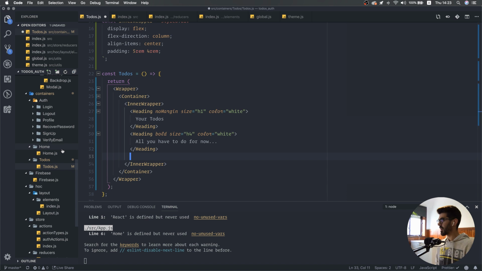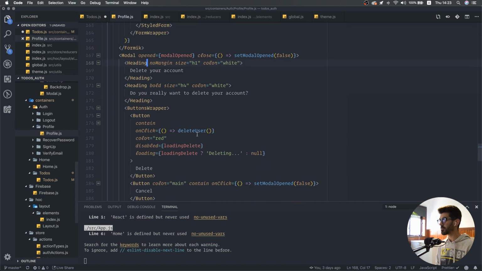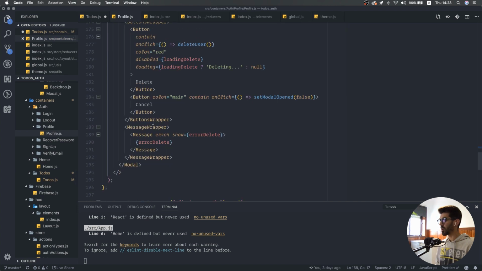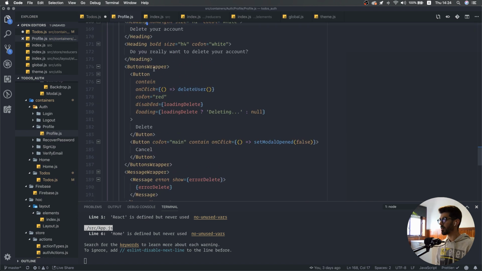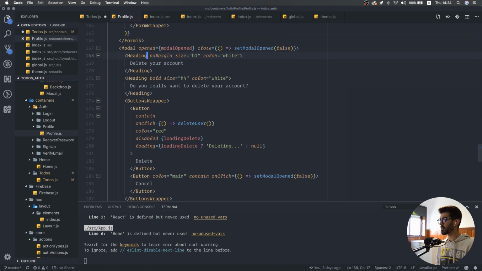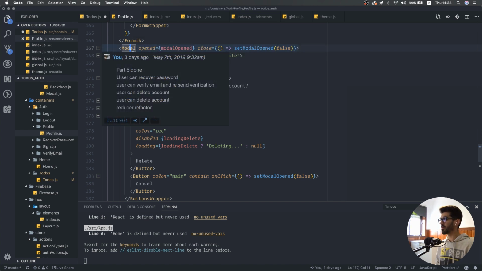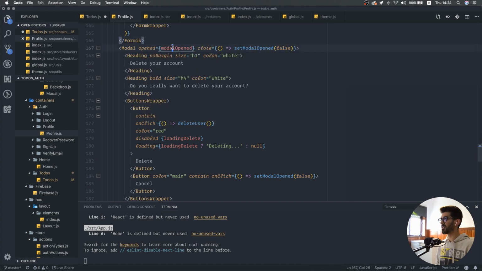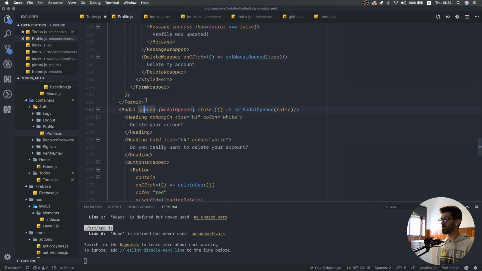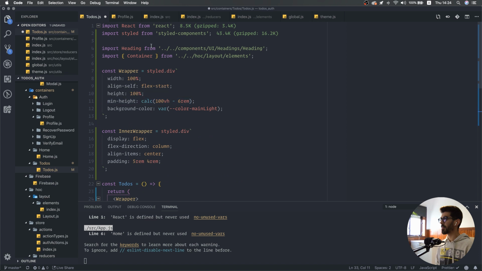And we already used a pop-up, if you remember, on our edit profile. Here we have our pop-up. So it's a model, right? So we can reuse that. We already have this component, the model that will be opened when we have to create some state to set it open. So what we can do is here, we can